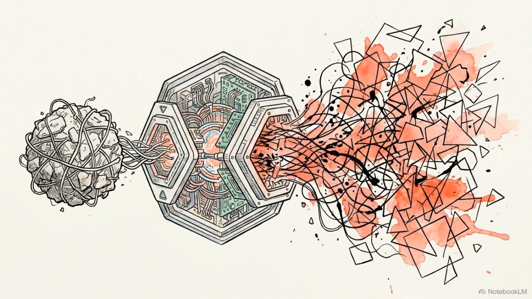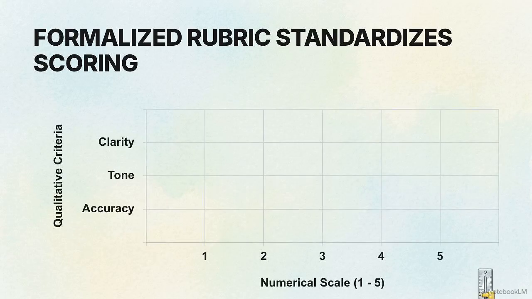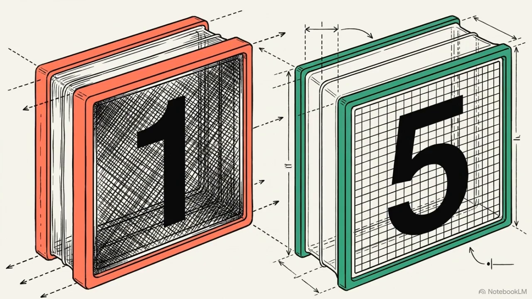The third tier, using an LLM-as-a-Judge, allows for the evaluation of nuanced characteristics like tone, though it introduces specific operational dangers. If you ask the judge model a vague question like, "Is this good?" you will generate unpredictable and useless metrics. To get reliable data, the judge model needs a formalized rubric that maps specific qualitative criteria to a numerical scale. This prompt must include explicit pre-scored text examples to anchor the judge's understanding of the difference between a high and low score.